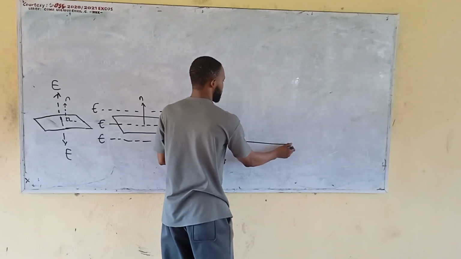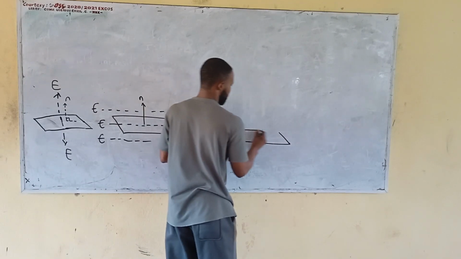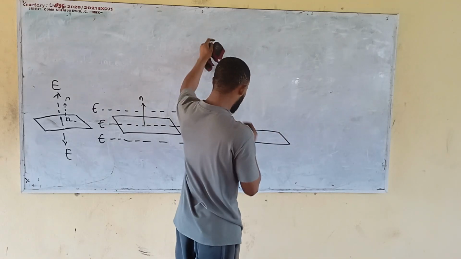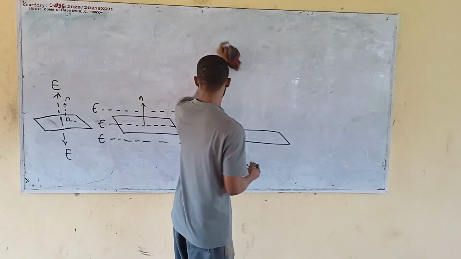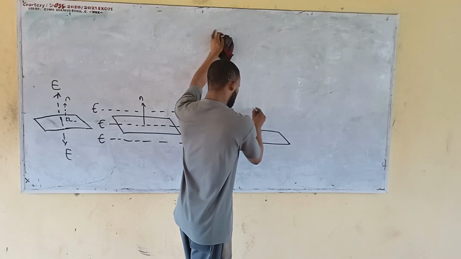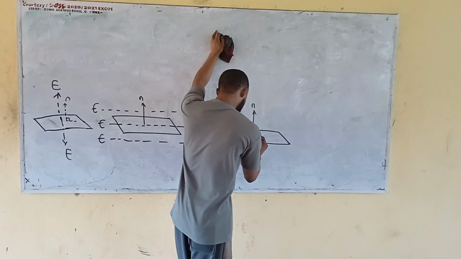It might look plenty, but it's not plenty. So this is like when the surface is flat. Let it not confuse you. If it goes this way, all you need to know is that it's 90 degrees this way. So my normal will be constant at 90 degrees. Okay, then now let's say